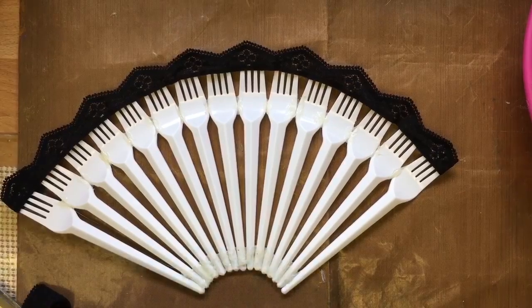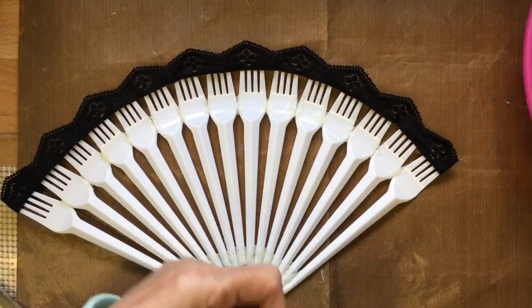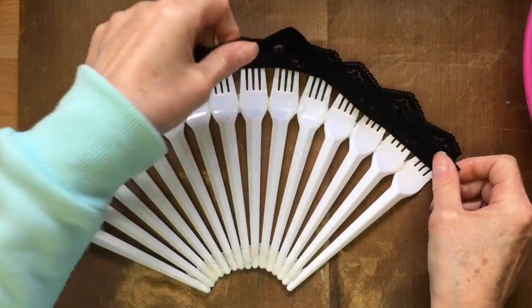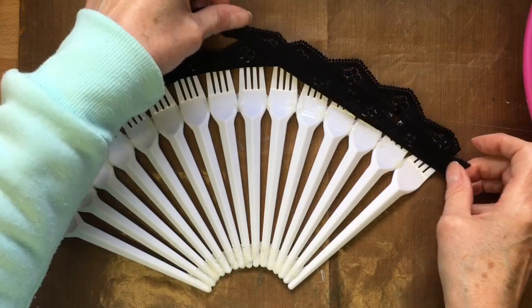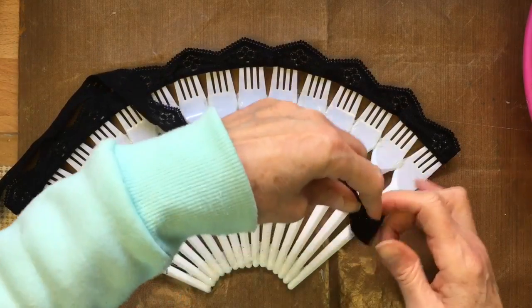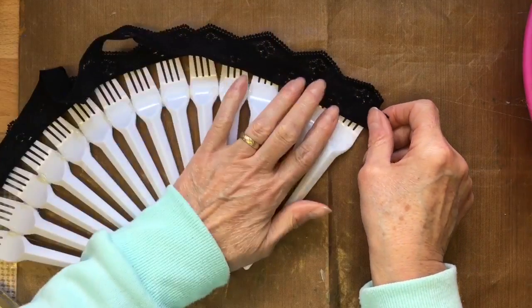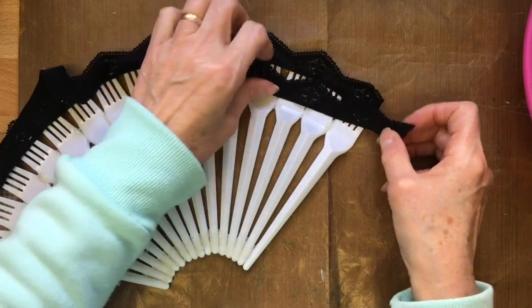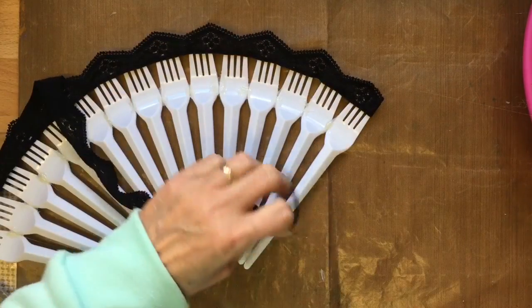The end of my lace has gone. There it is. Come here, you little monkey. Don't know now whether I'm doing this inside out or not. Yeah, so I'm just going to keep going round. Let's have a look. Oh, I'm not fussy whether it...